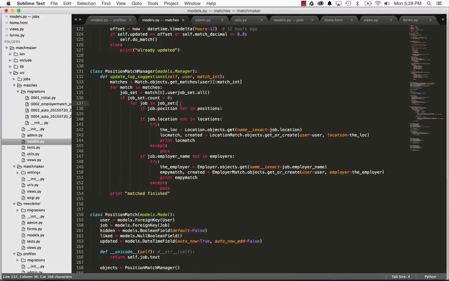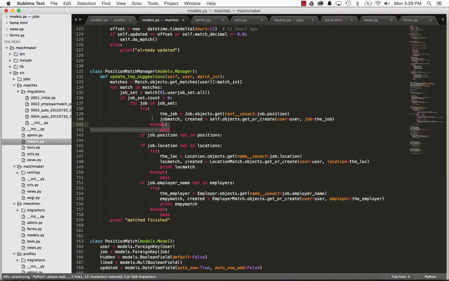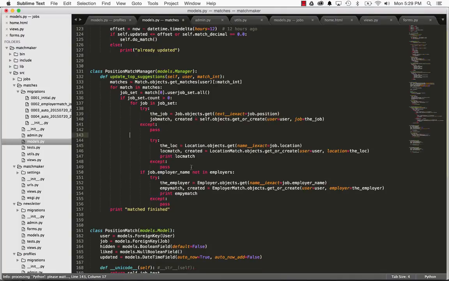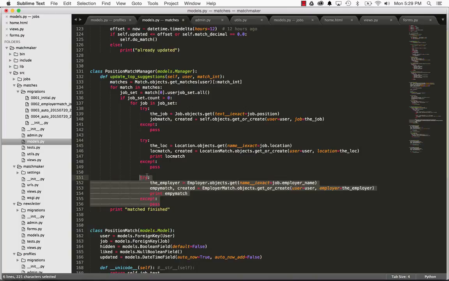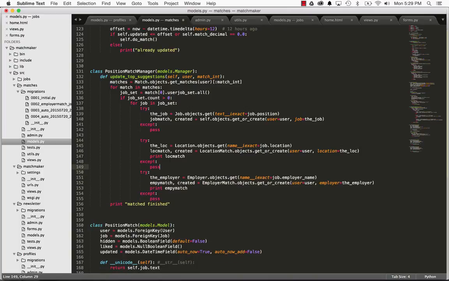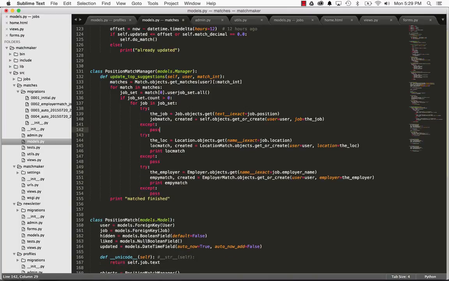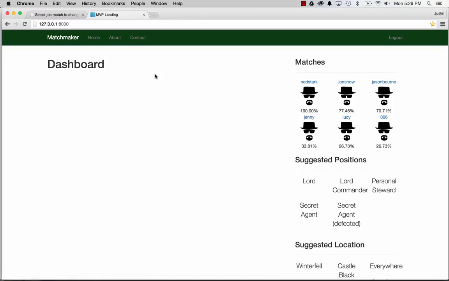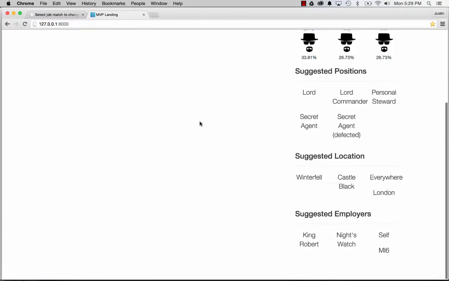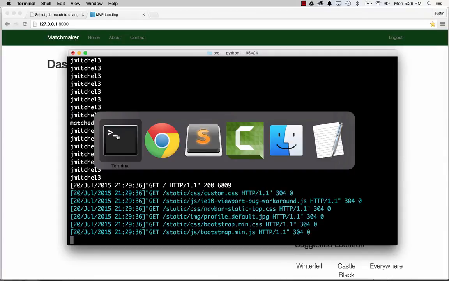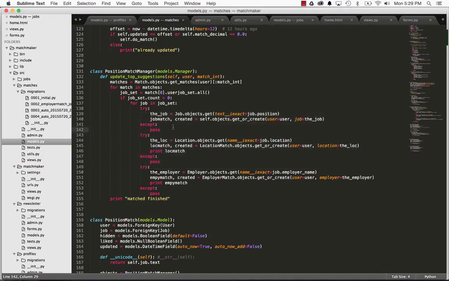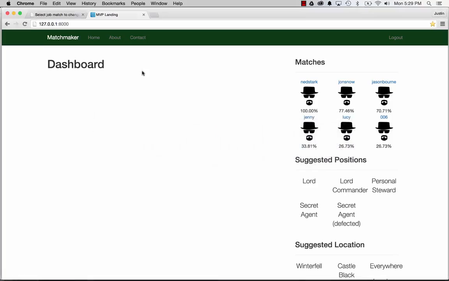Okay, so let's go back into our matches, and this part right here doesn't need to happen, so let's go ahead and cut this, paste in here, because the location and all that stuff is not relevant anymore. The lists. Okay. And let's run it again. Okay, so it looks like nothing changed, but let's go ahead and just double check to make sure by first